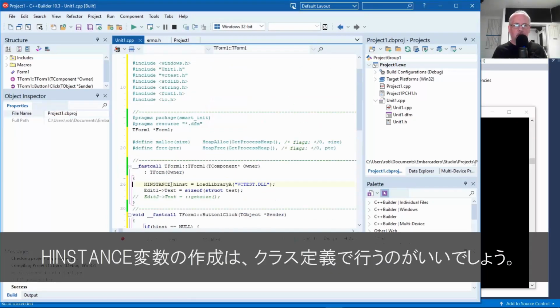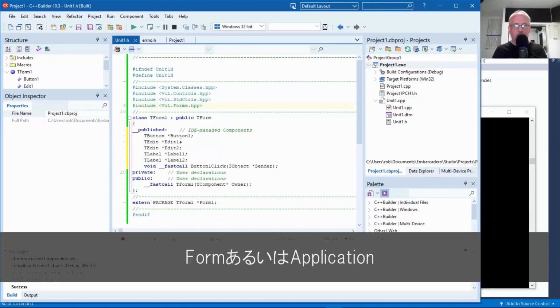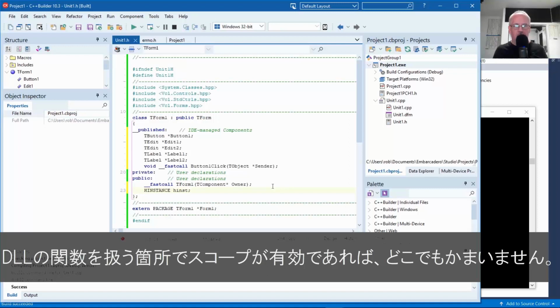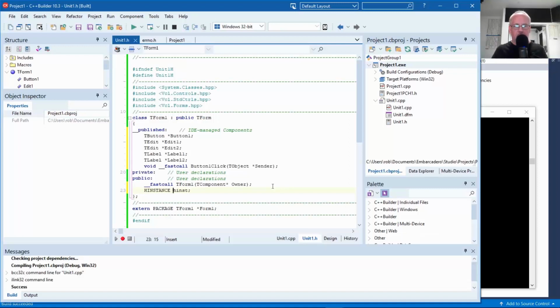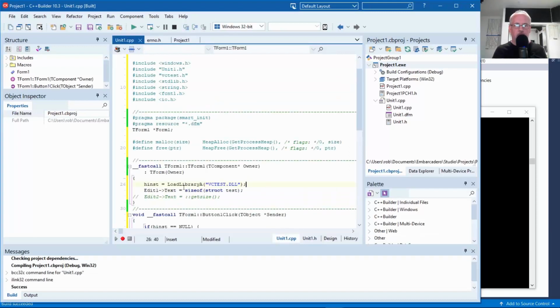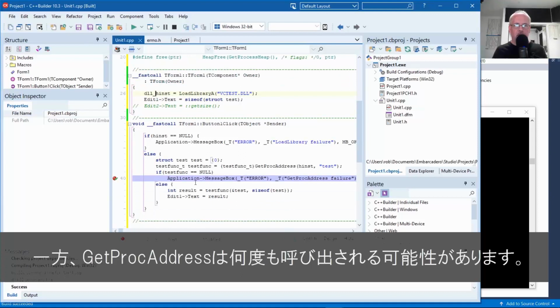What you probably would want to do is create one of these HINSTANCE variables in the class definition for the form or the application, or whatever scope it is that you're going to be often dealing with the functions in the DLL. So we'll just call it DLLHInst. Make it a little clearer. So that way we're only loading it once, even though we might call GetProcAddress multiple times.